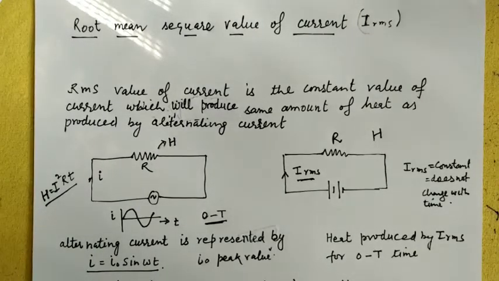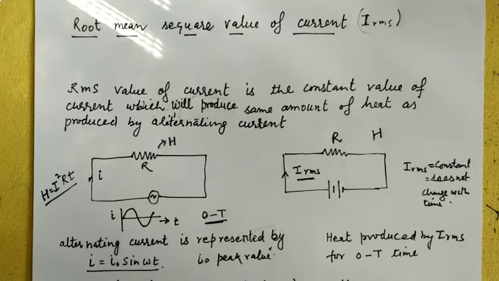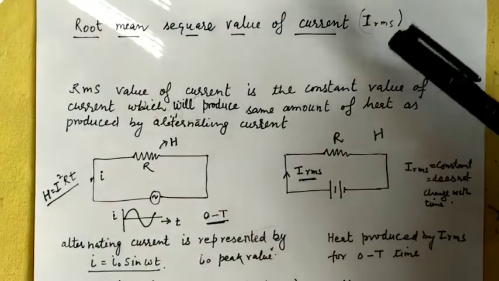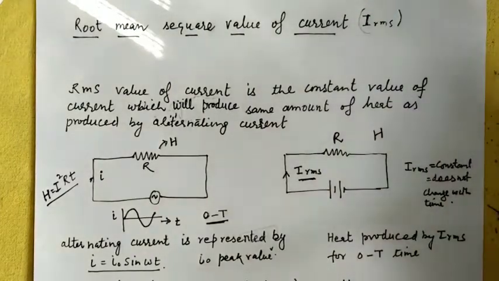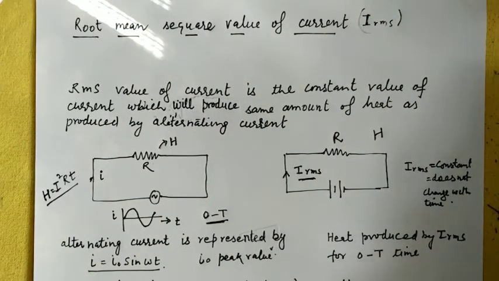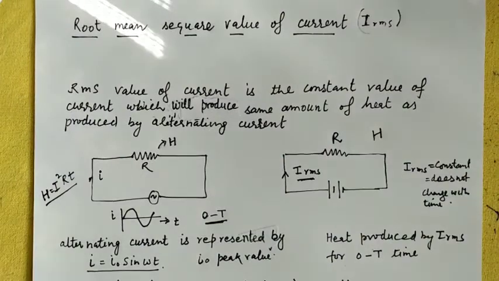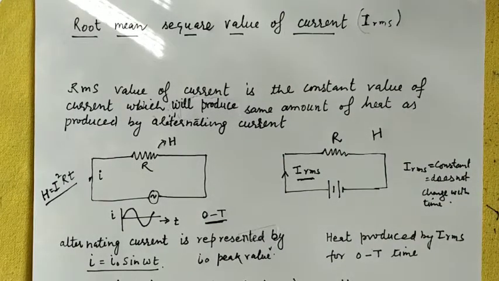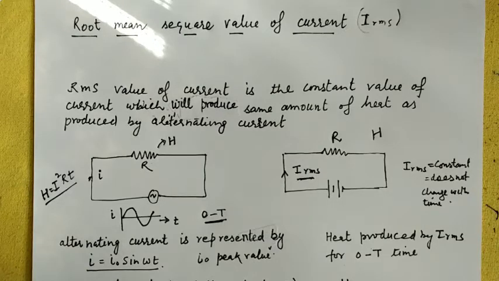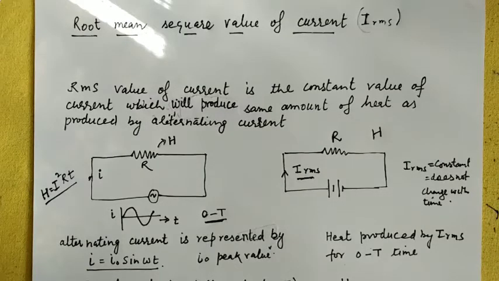In this video, we will discuss the root mean square value of the current, which is represented by IRMS. Now, what is the root mean square value of the current? It is a constant value of the current which will produce the same amount of heat as produced by the